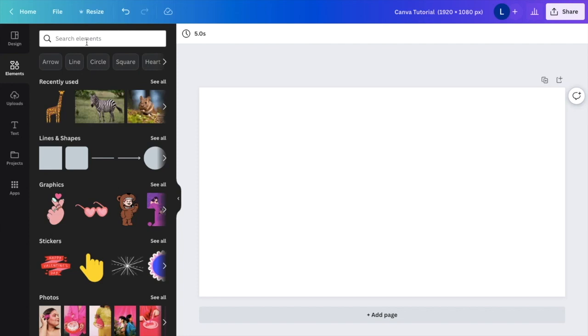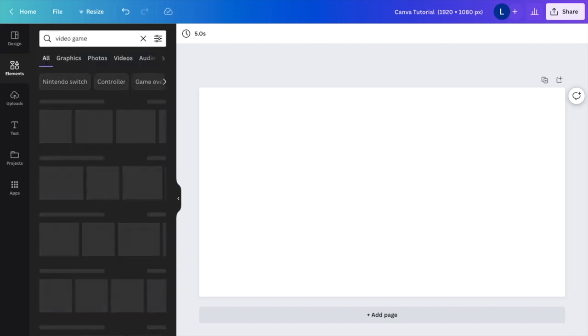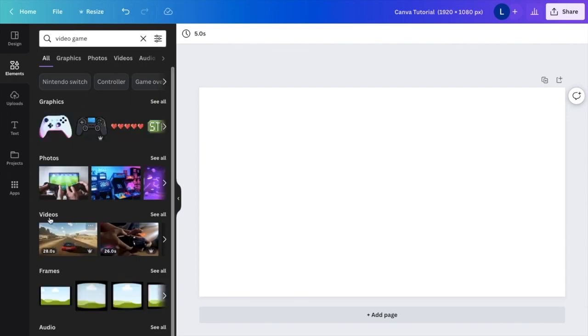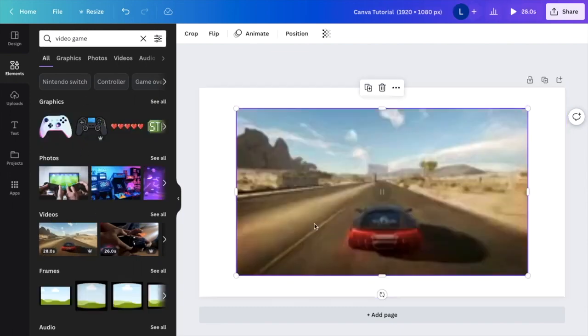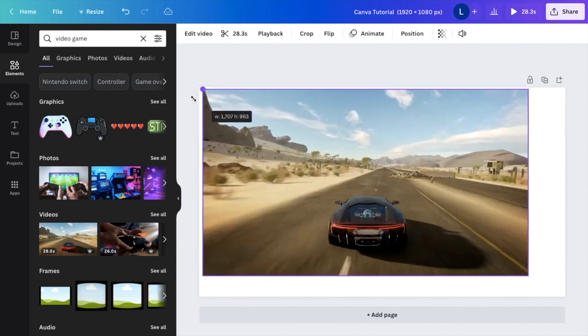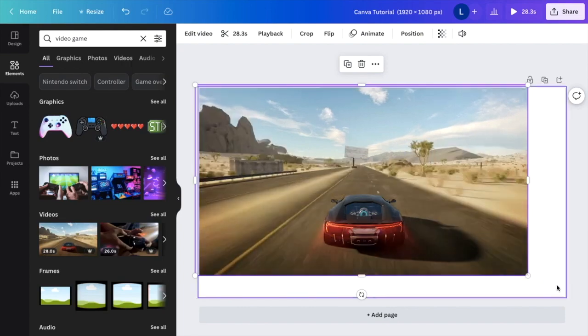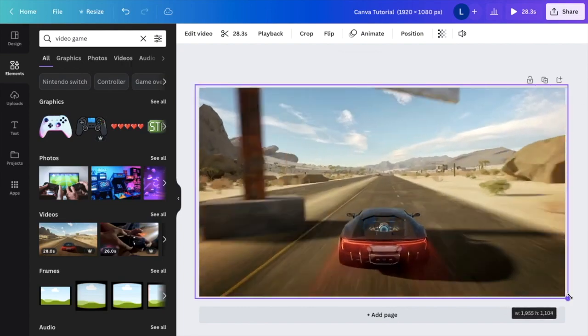Just for the sake of this demonstration, I'm going to go to the Elements tab. I'm going to go to where it says Search Elements, and I'm going to find a video game. I'll just press on that, then all the way down to where it says Videos. I'm actually going to press on this footage right here. It looks like a car is driving on a highway somewhere. This will actually work perfectly. Pretty cool quality actually. I'm just going to make it a little bit larger too, so it's the same size